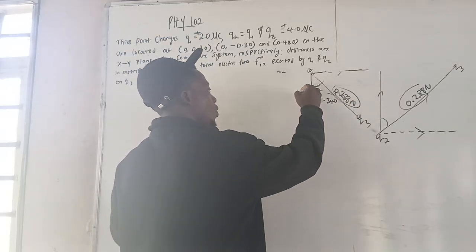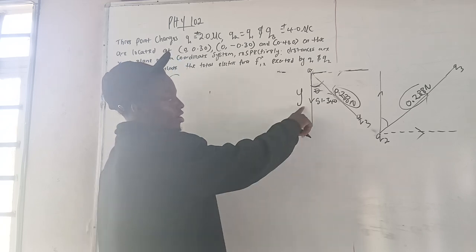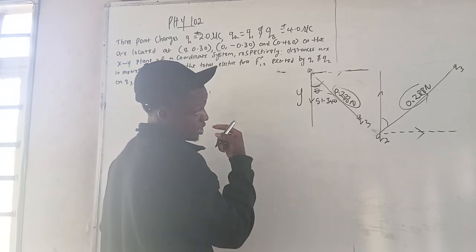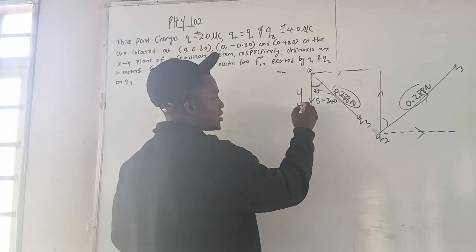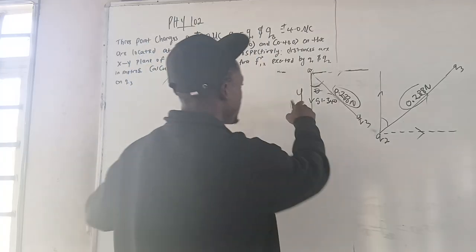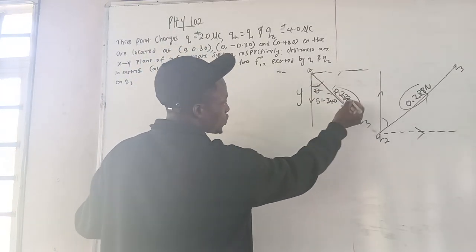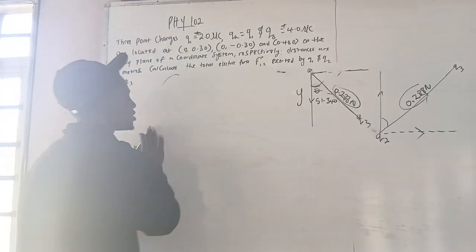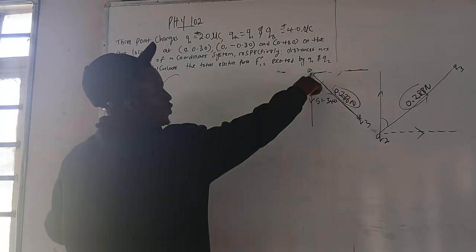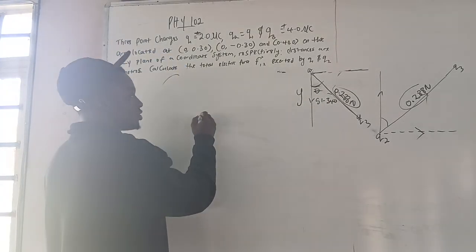Let's say our y, vertical. Let's find our y. And this hypotenuse, the force is on the hypotenuse. We want to know the amount of this force that is on the y-axis. So here we are going to get the y is adjacent. Adjacent and hypotenuse, that's cos. So we are going to get cos